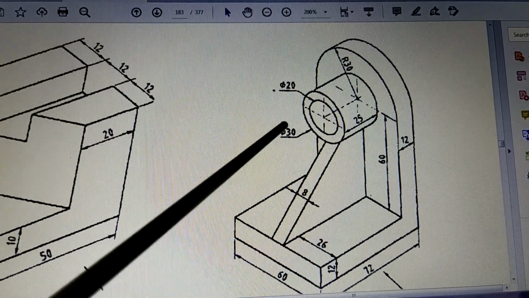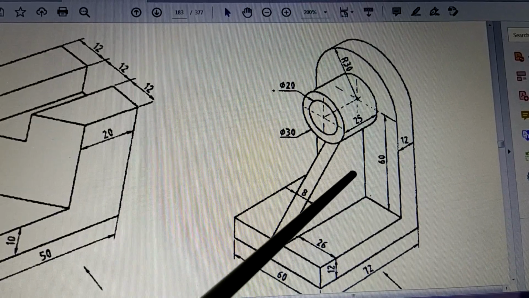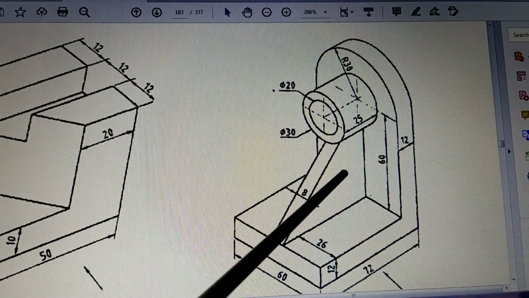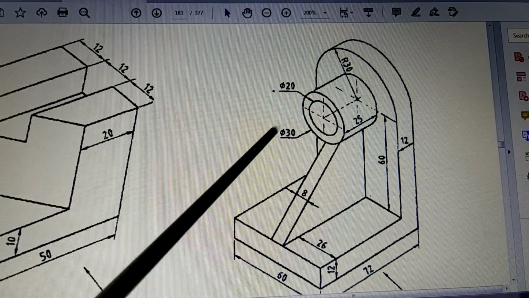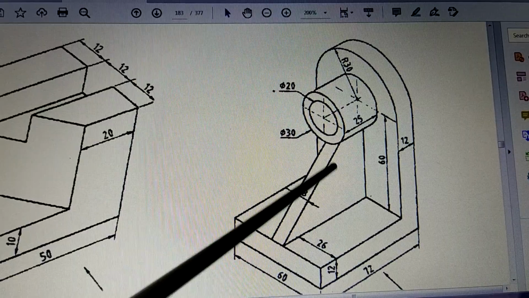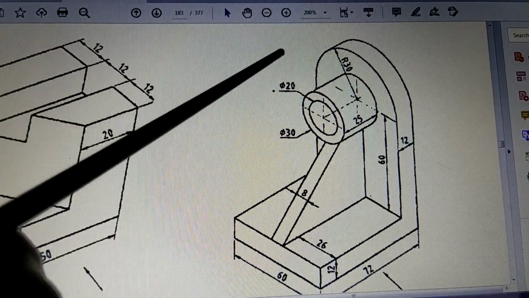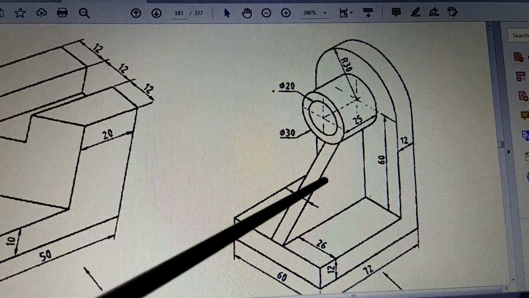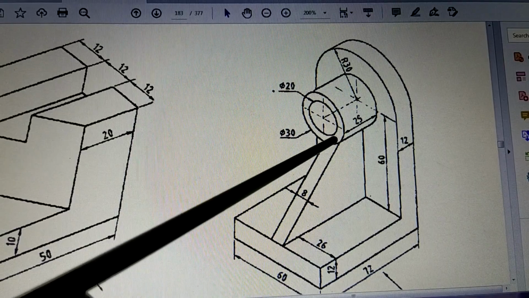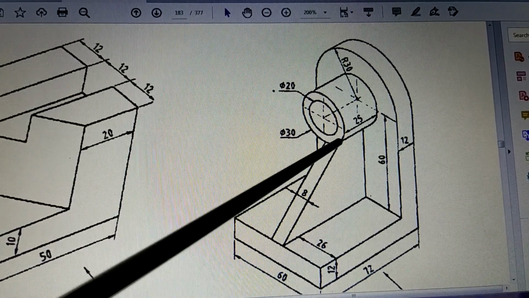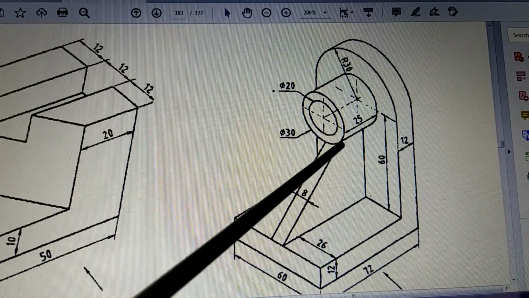Now having done this much, which is very obvious and you can do this, what most probably you will forget to draw is this surface. Now what will happen to this surface and the surface exactly behind this? When you see from top, are these two surfaces seen or not seen? You will realize that this surface is seen up to a certain extent, only this much, which is in front of the cylinder. After this there is no line here, but just imagine one line at a distance of 25.